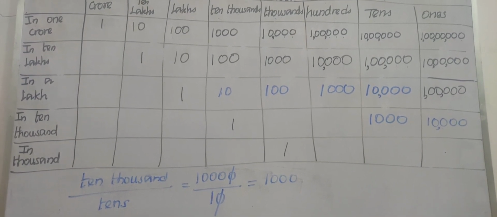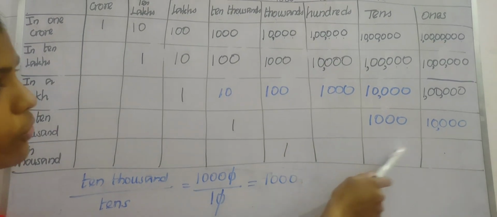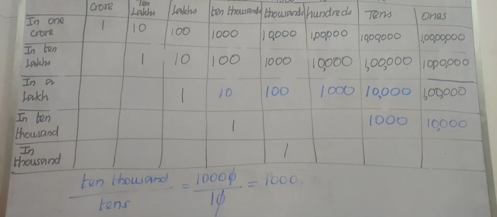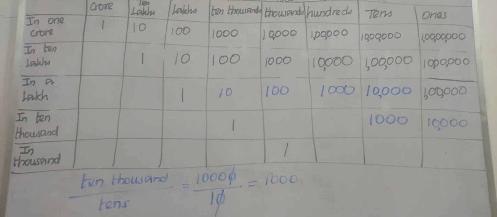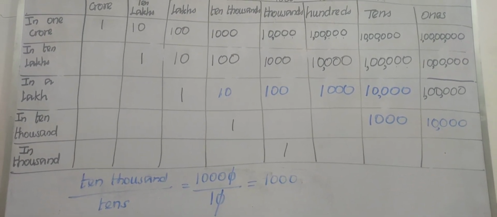Okay children, so likewise the remaining boxes are your homework. 1, 2, 3, 4, 5. All these boxes are your homework. Okay children, so do your homework properly. So let us see the next example. Example 1.